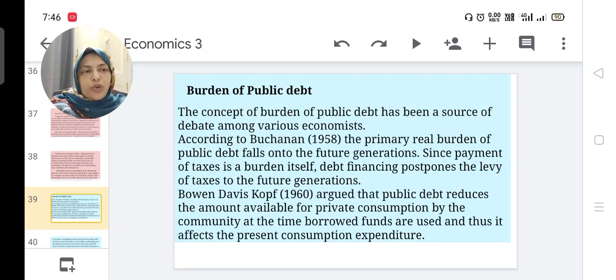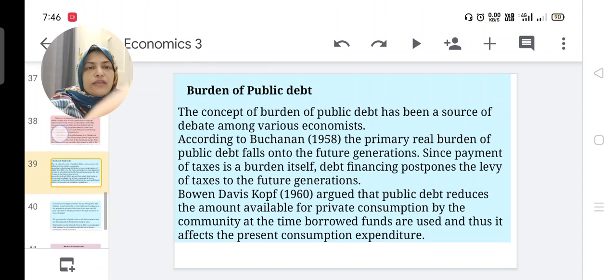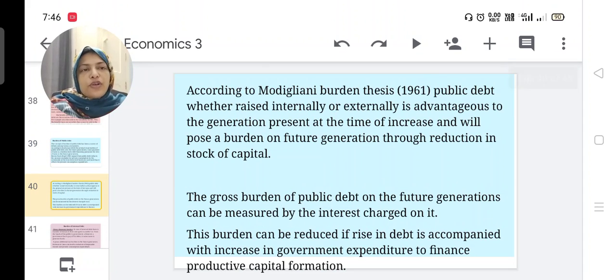the time borrowed funds are used, and thus it affects present consumption expenditure. If the government is taking debt from private individuals, these private individuals are giving money to the government and thereby their present consumption expenditure is reducing. Then according to Modigliani, the burden thesis, he argued in 1961 public debt, whether